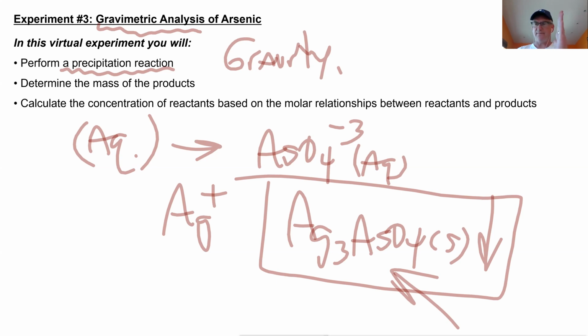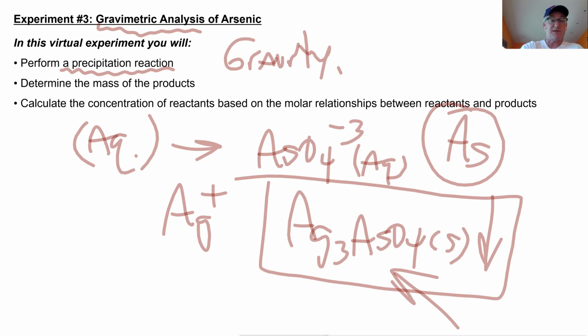How do you go from silver arsenate, Ag3AsO4, to just measuring the mass of arsenic? The mass percentage of the arsenic in silver arsenate is constant. And so that was one of the ways we wanted the data to be presented in this particular lab. You remember, was the mass